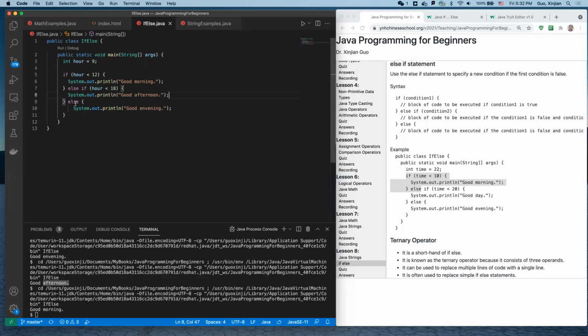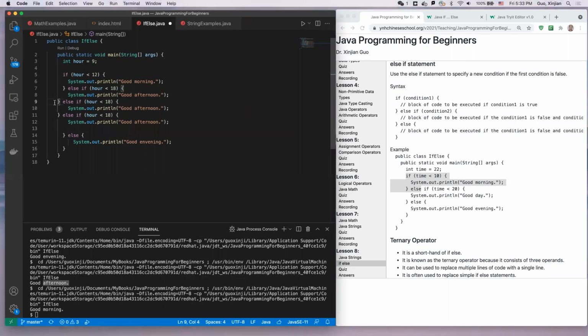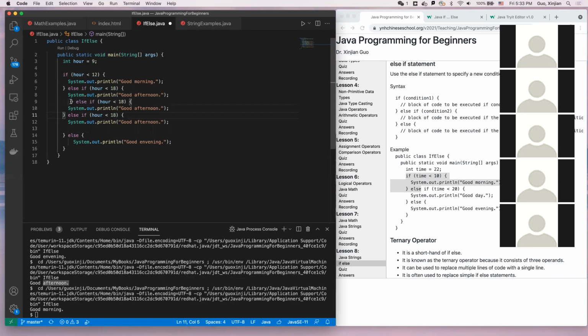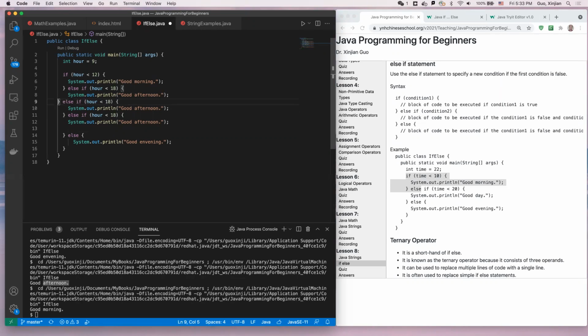How do I return here? Oh, that's too many. Delete it, and another one, delete it. So, tab. Oops. That's fine. Just unlink them so we can see better. Yeah, so you can have many else if,